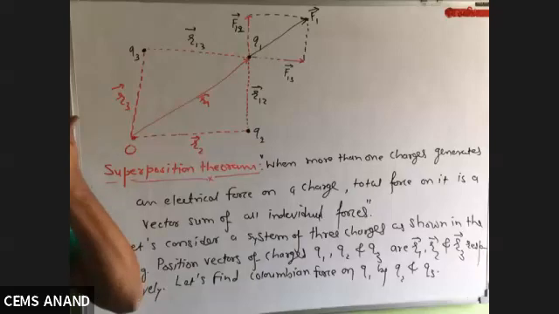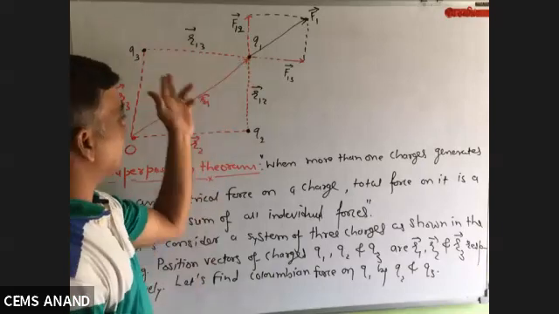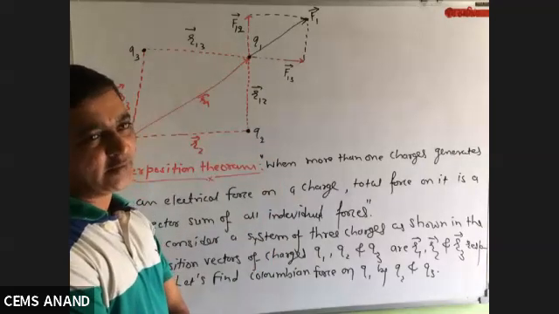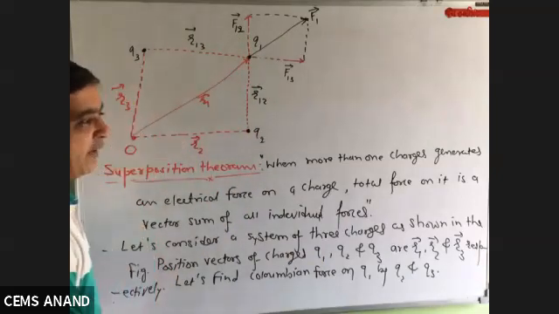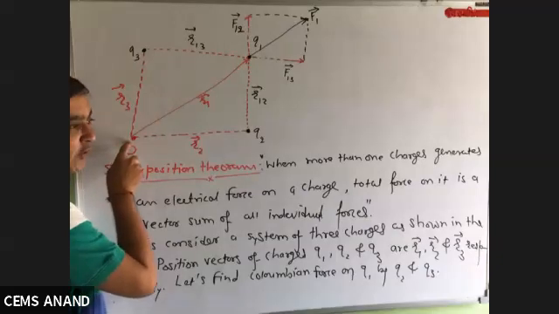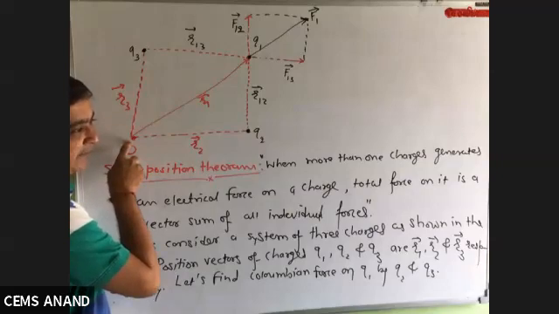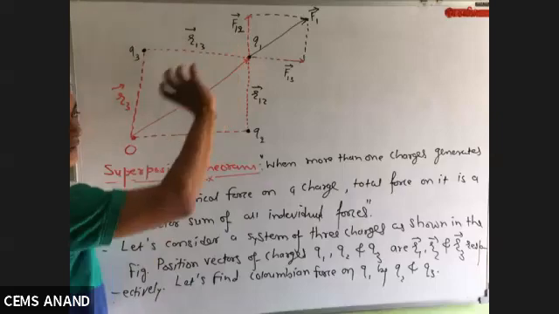Here we are showing a system of charges which include three point-like charges, Q1, Q2, and Q3, separated like this. We are assuming an origin and defining their distances from the origin, so that the position vectors of them in sequence, 1, then 2, then 3, are R1, R2, and R3. This is their position, right?